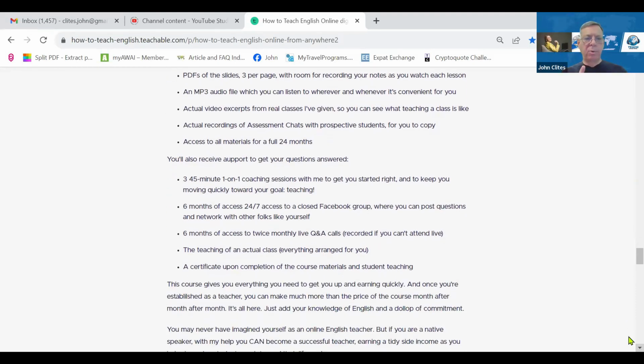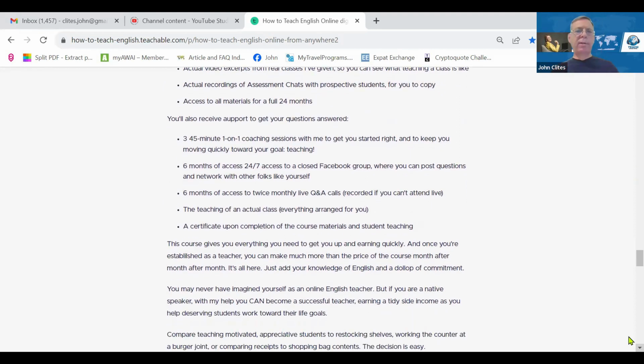Now, it's your choice, but if you would like additional support, let's say you've never taught anything before, or you just want to get up and running faster, you can get the digital materials with additional support, which include one-on-one coaching sessions with me, and you decide when you want to exercise those. So typically, students want them when they're dealing with tech stuff or trying to finalize their niche, or they want help developing their marketing plan. Those are typical points, but you get to use these whenever you think you need them.